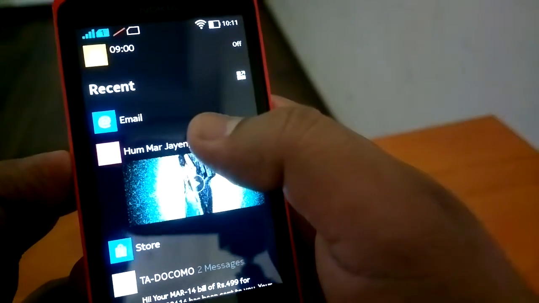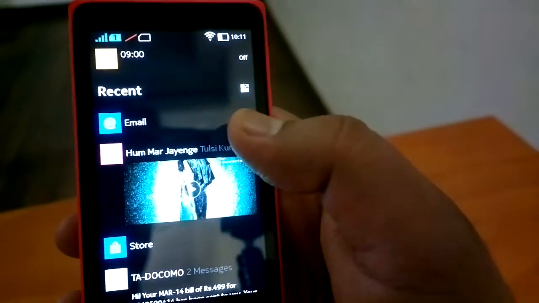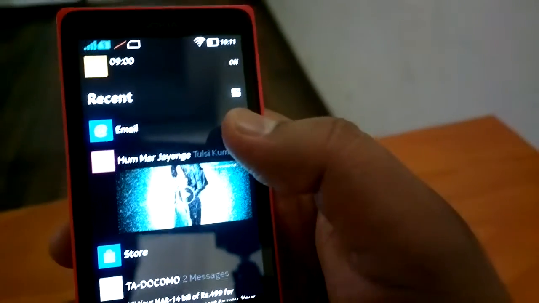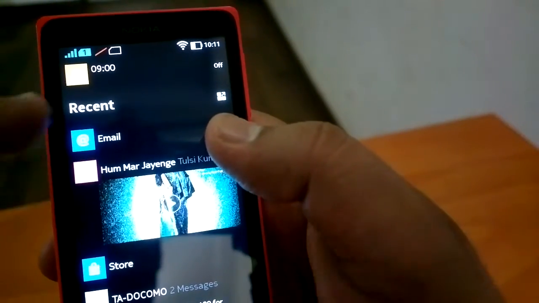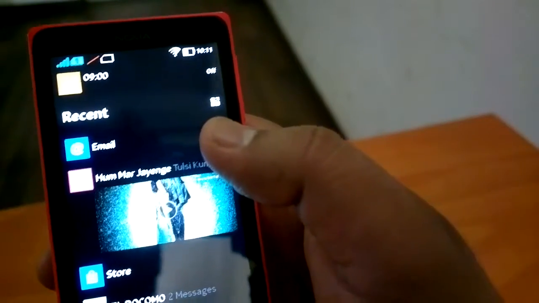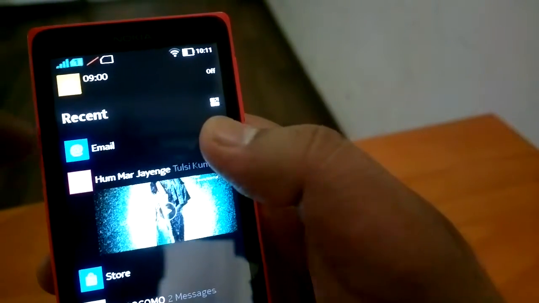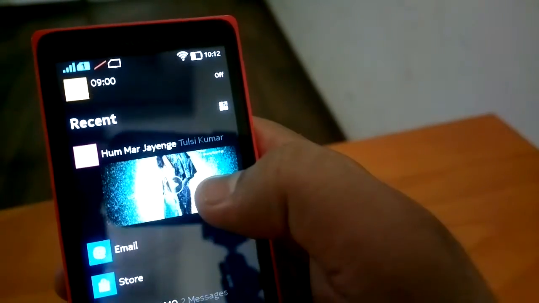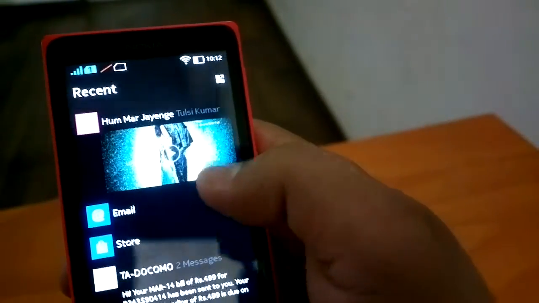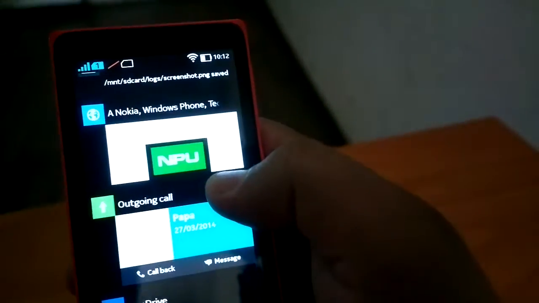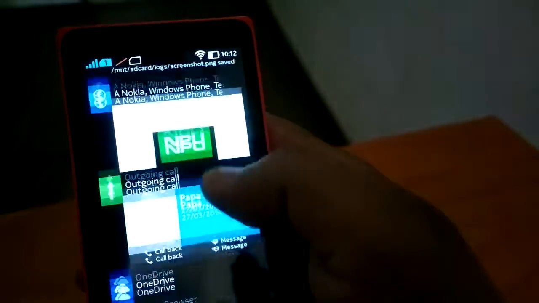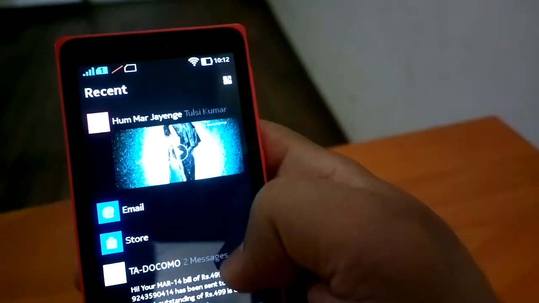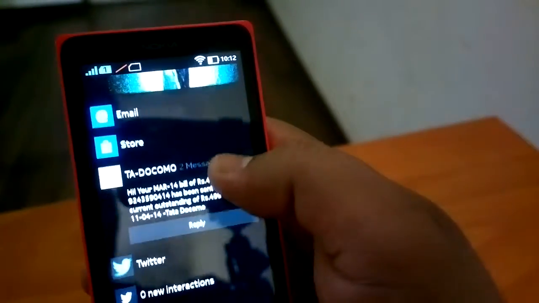Okay, now if we go to this Fastlane, it is much more advanced than what we see on the Asha 5XX range. With this Fastlane, you see that there are two options. Apps which are running will show their updates or history here, and you can do lots of things. If you are playing music, you can play or pause the music from here. If you have opened a web page, the web page will show here. It's really good. And you have all the notifications coming as well. You can see lots of notifications and messages which appear here.